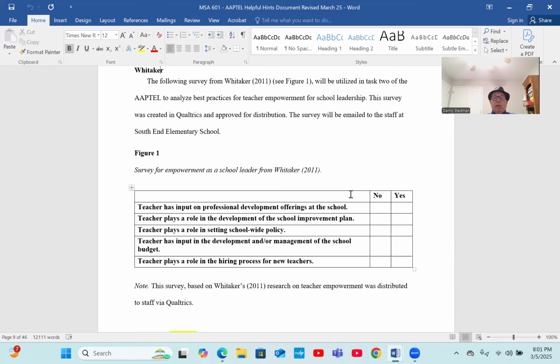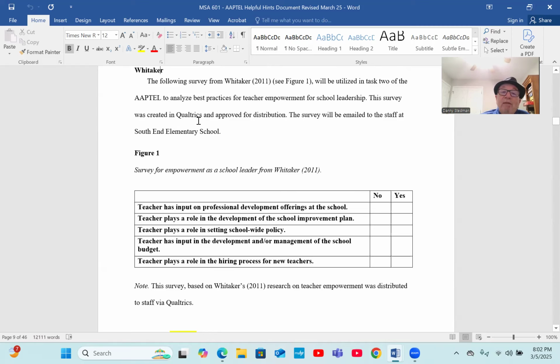Can I do Survey Monkey? No. Can I do one through any other type of survey? No. You will be told how to do Qualtrics. Qualtrics is what Gardner-Webb requires. It's a very simple process. We're only introducing you really to the process. It's not rocket science, and you won't be using it again in our class. You may have to use it with some of the research you do later on.